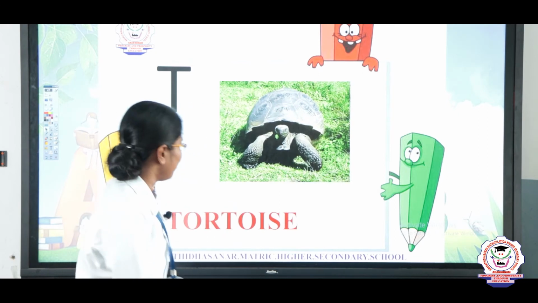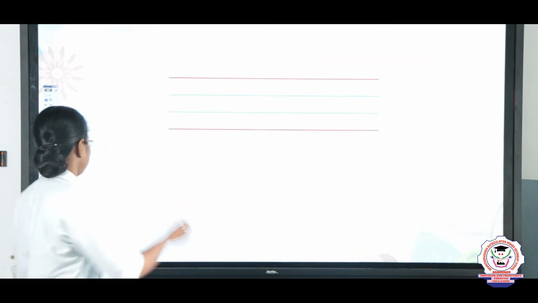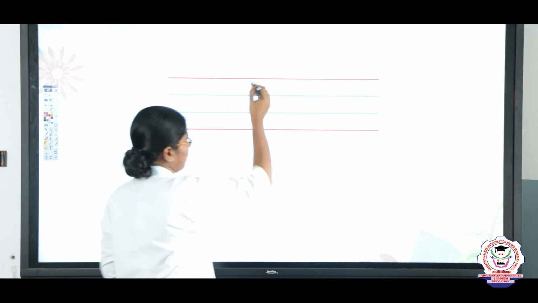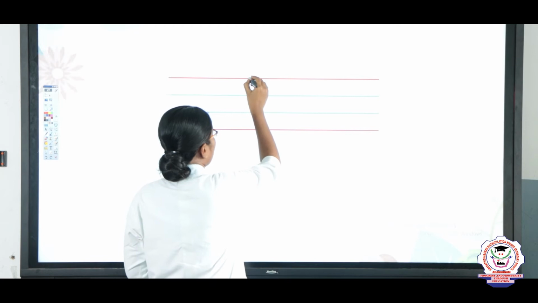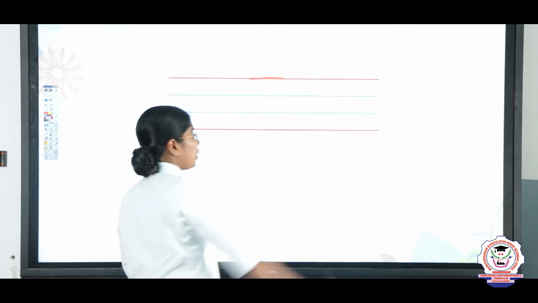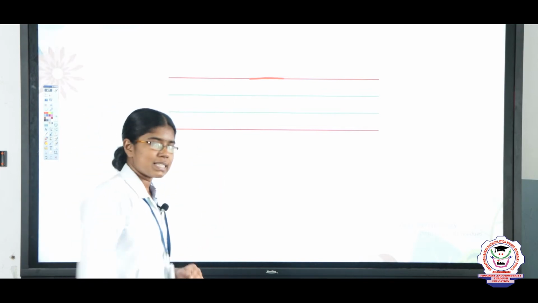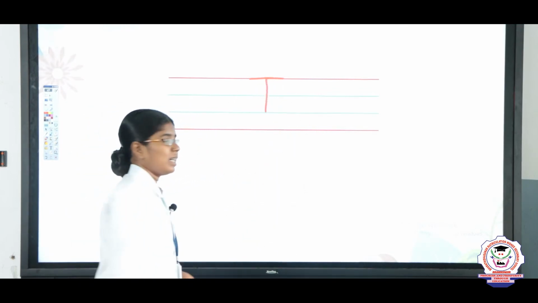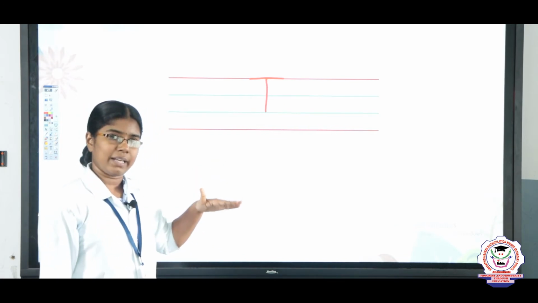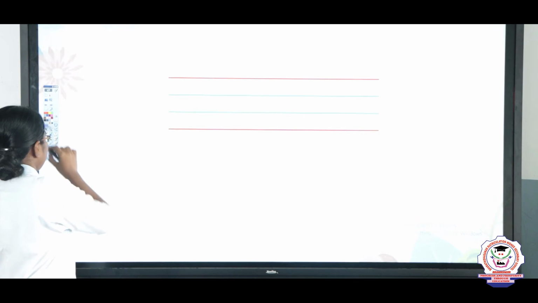Okay children. Very good. See here. Let's write the letter T here. Okay. Keep your pencil on the top red line and then on the red line you have to draw a sleeping line like this. At the middle of the sleeping line, you have to draw a standing line till the third line. Okay, this is the letter T. Okay, children. Next one is,